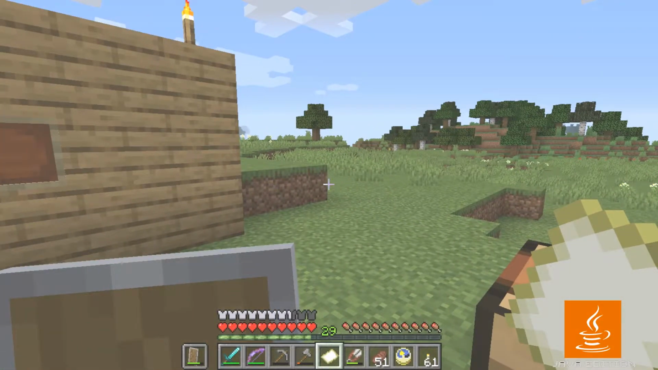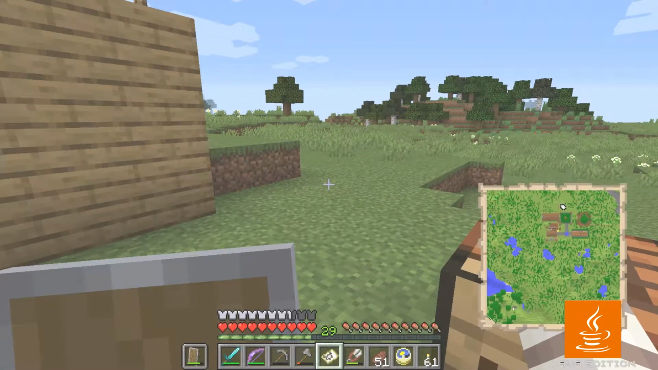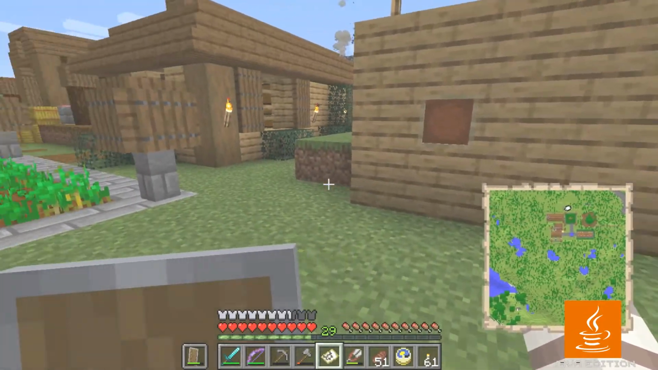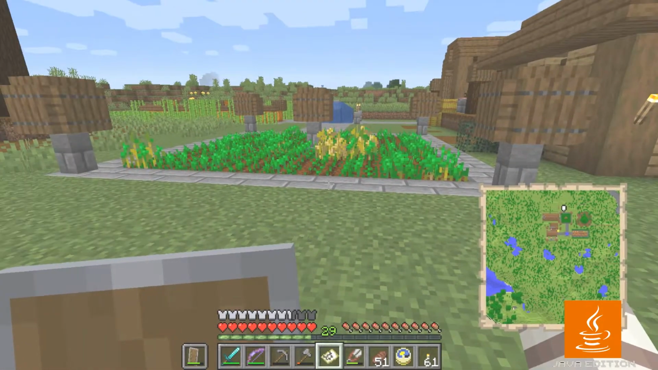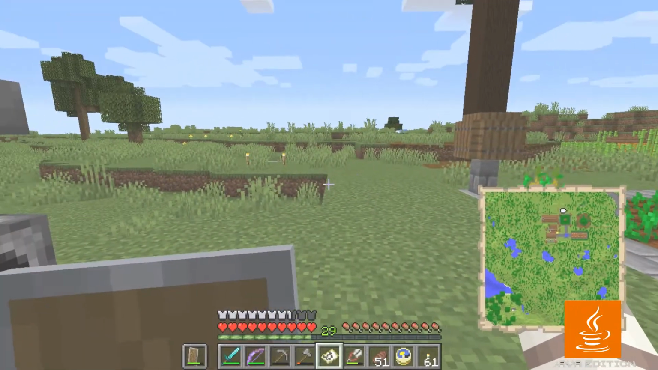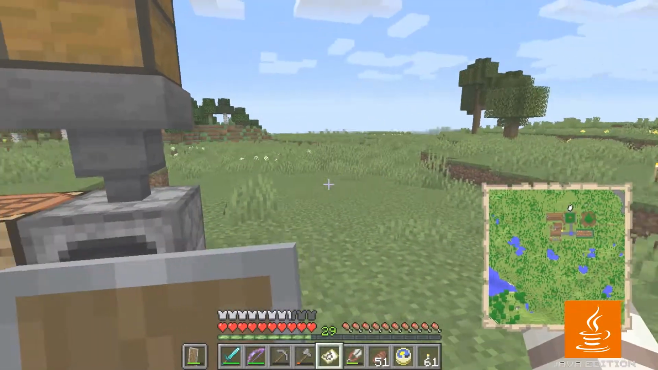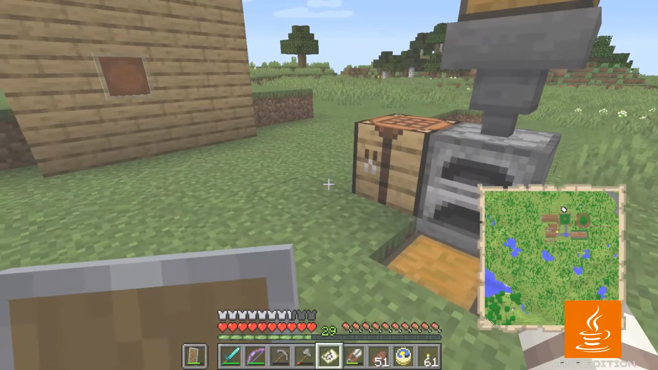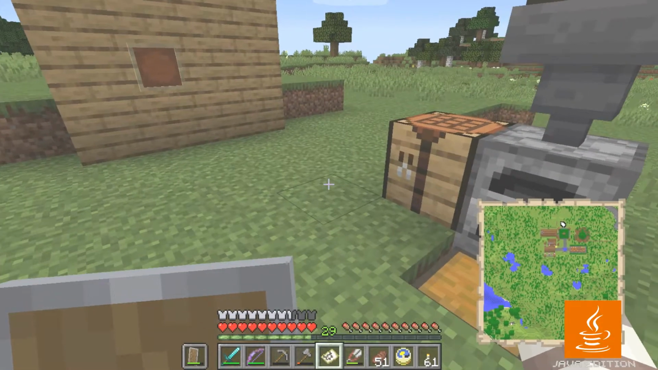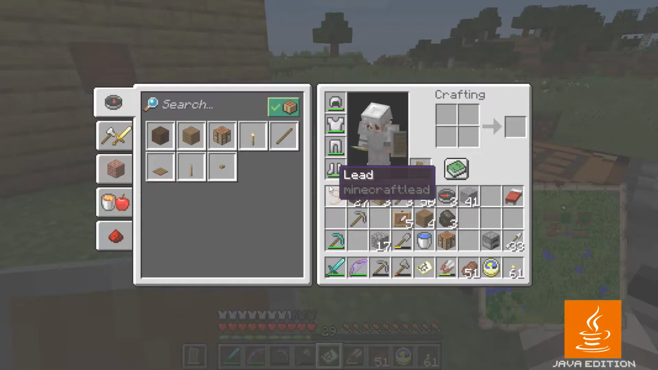And then I can use that map, and it shows me the area right around my base with a little pointer there showing my current location and facing. Now, that's how you do it in Java Edition. In Bedrock Edition, you can make a map that way, or